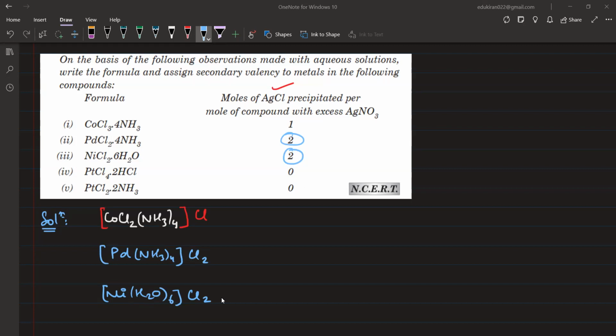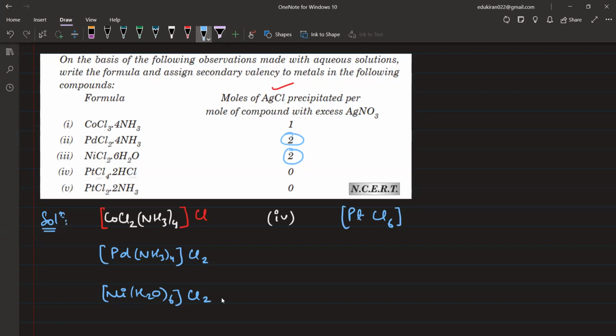See, this one is a bit tricky for you. Here we have 2 HCl, right? Here we have 2 HCl. This formula, is the fourth one clear? Look closely. We have Cl and these 2 Cl. All of these are inside the coordination sphere. So how much do we have? We have 6. Okay. So we have Pt Cl6. We have Pt Cl6.